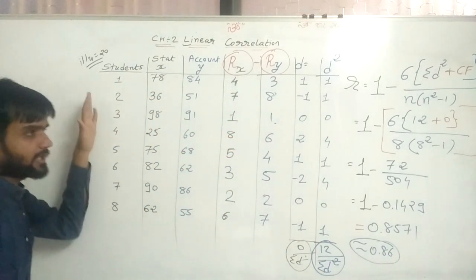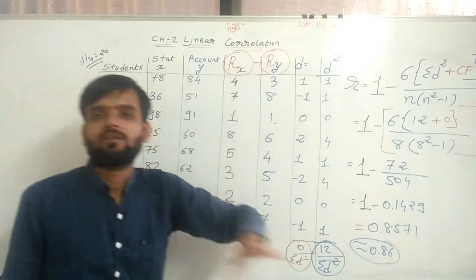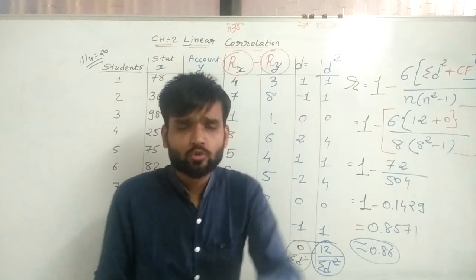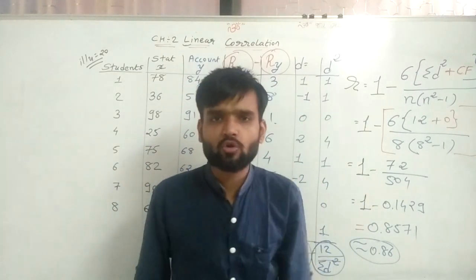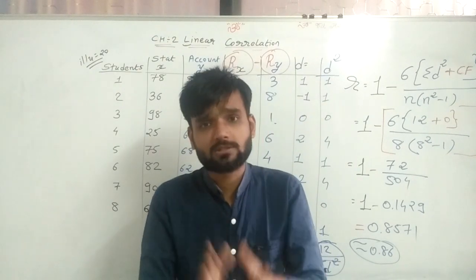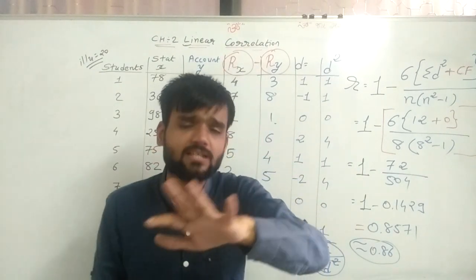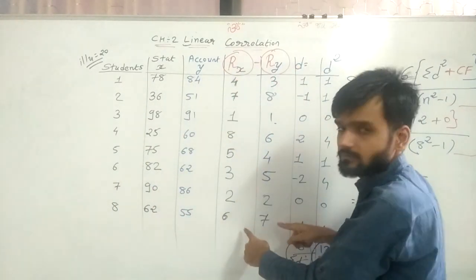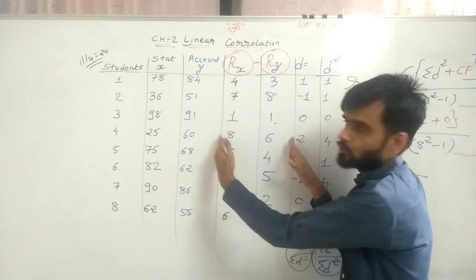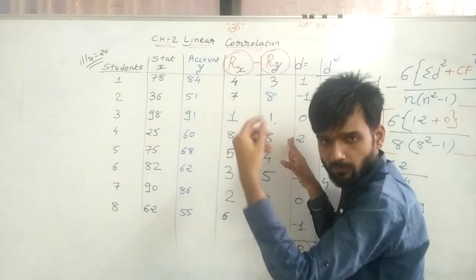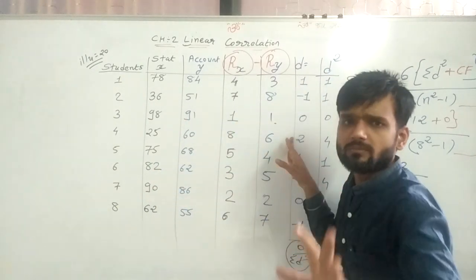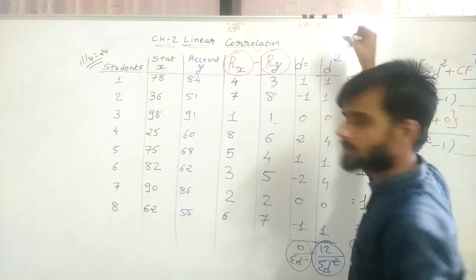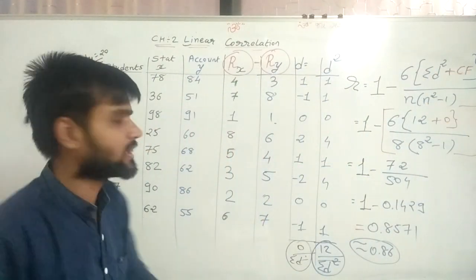So in this way you have to solve the sum. After doing this sum, you can solve a minimum of 10 sums from your textbook, and those 10 sums are very easy for you, because in some sums ranks are given directly. You don't need to give any rank as per subject or competition. Directly ranks are given, so start from here: Rx minus Ry is D, D square, then do the sum. Generally a 3 marker question starts from here only.